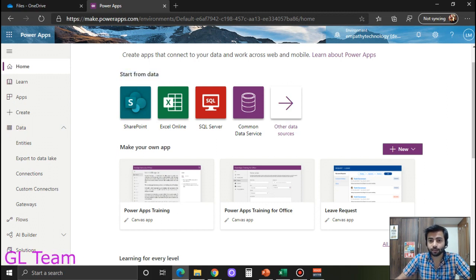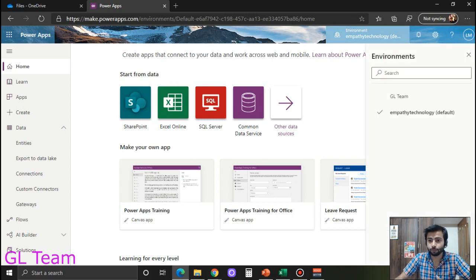Now let's just discuss a bit about environment in Power Apps. It is like a container which holds your organization data, and if you want to group your data and your apps with some permission and safety, you can create your app in some particular environment. For example, testing, UAT and production environments must be there in your organization so that you can test your app before launching it to your customer. So this is the role of environment.